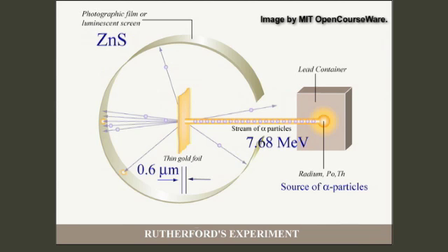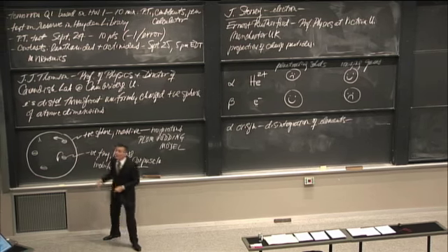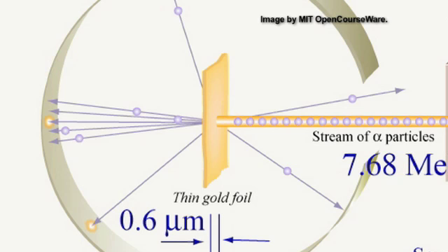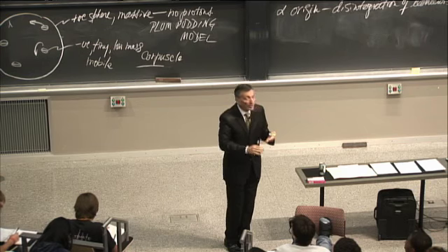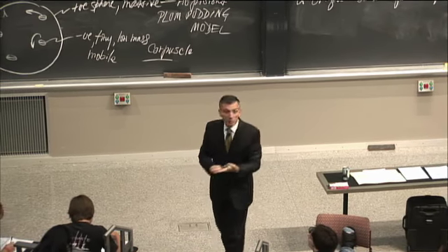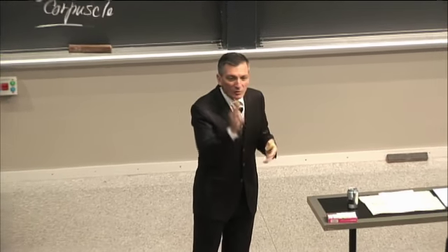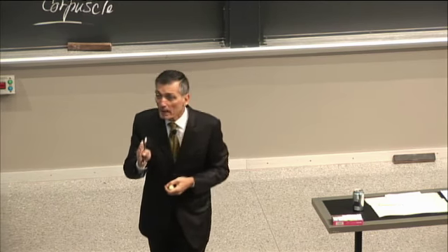What he's going to do is put this model to the test. We're going to see if this model makes sense or not. So he's got a gold foil. Now, they used different elements, but ultimately they loved gold because gold, first of all, is noble and it doesn't oxidize, so it's pure even in atmospheric oxygen. And secondly, we've known since antiquity we can physically deform gold and make it into something sub-paper thin. So that's what they did.